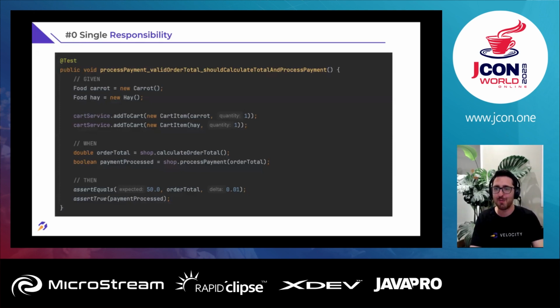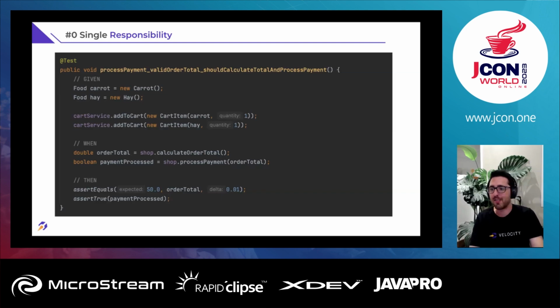I abuse the flow here a bit just to make it shorter, but in this test, we test two different functionalities. We have the calculate order total and the process payment functions of the shop, and we assert both of them. We want to check that the order total was 50 with a delta of 0.01, and we want the payment processed to be true.